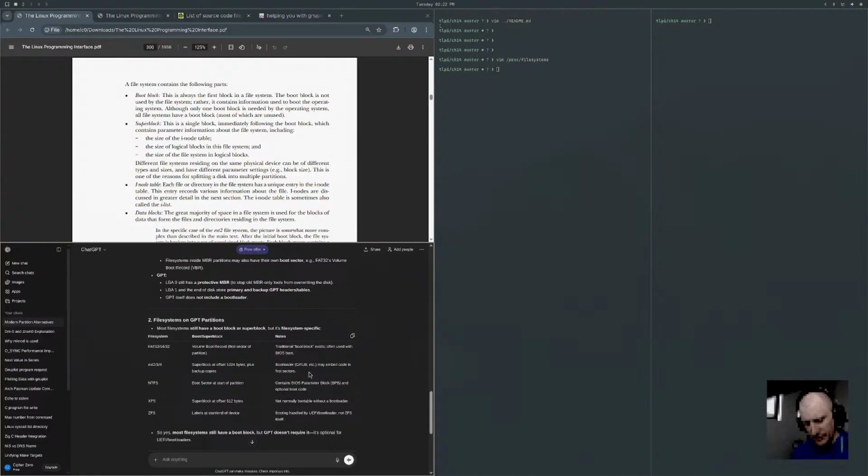In the specific case of ext2 file systems, the picture is somewhat more complex than described in the main text. After the initial boot block, the file system is broken into a set of equally sized block groups. Each block group contains a copy of the super block, parameter information about the block group, and then the inode table and data blocks for this block group.